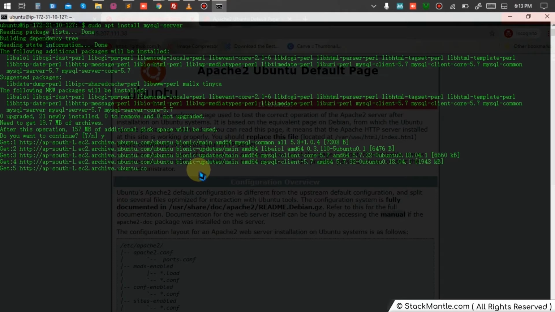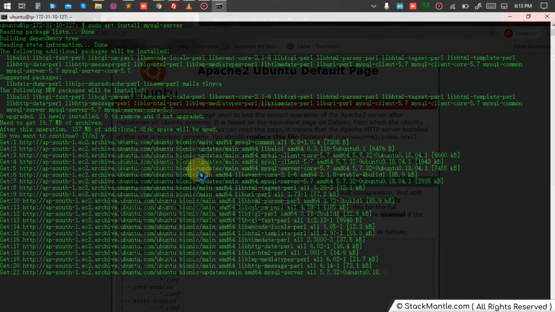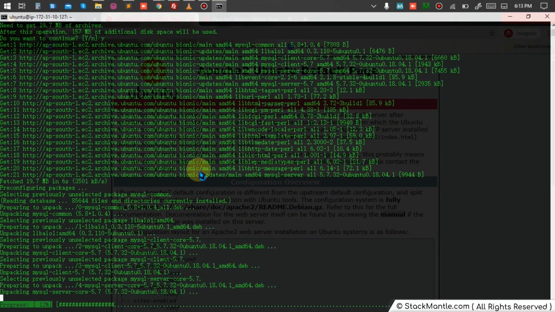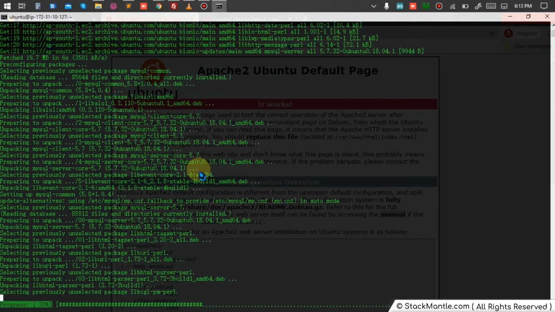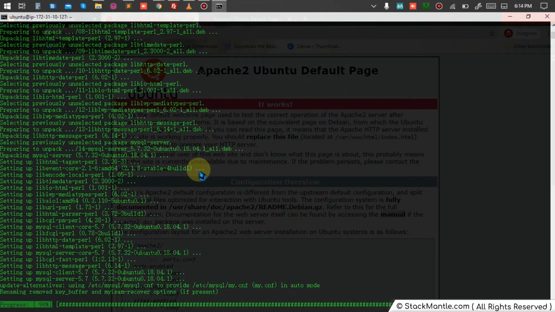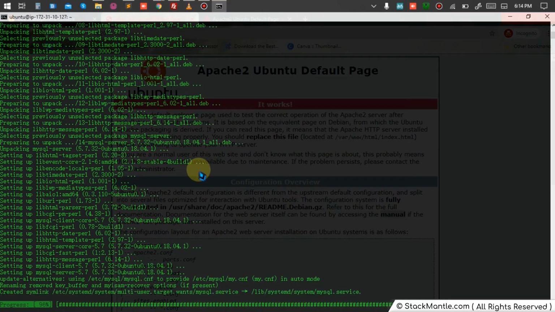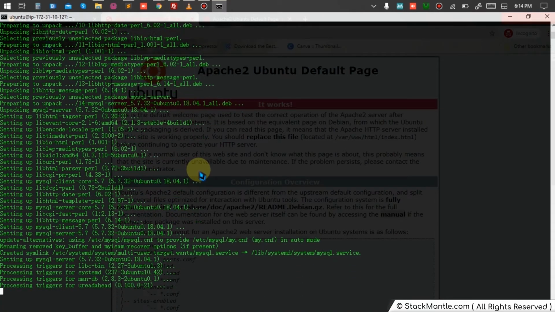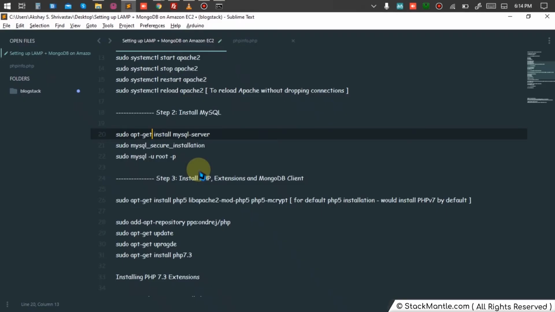This is to make sure that all the necessary dependencies are requested, downloaded, and available on your system to make the queries work. I am not going to use MySQL; I'm going to use MongoDB. But if at some point of time I want to use MySQL, or you want to use MySQL instead of MongoDB, this command would be handy to you. We are going to proceed with the secure installation now, as we have installed the MySQL server.